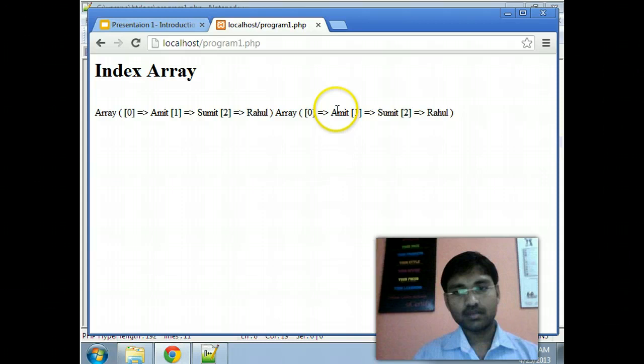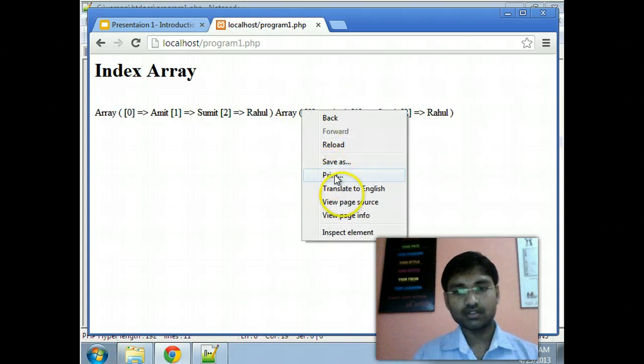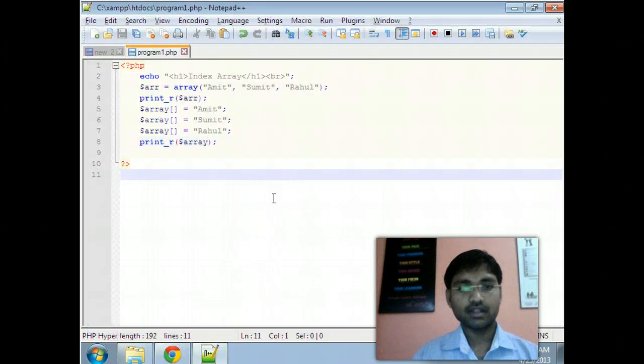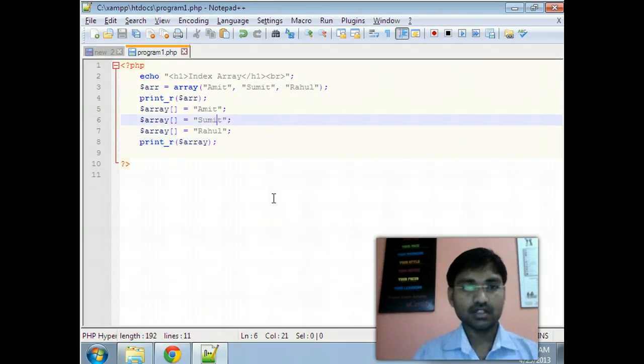Here the same array is printing because there is no difference between both arrays, just a difference in how the array is created. This is the index array.